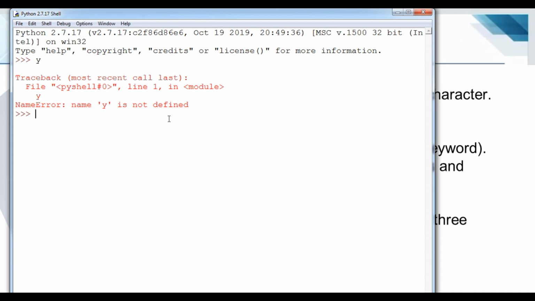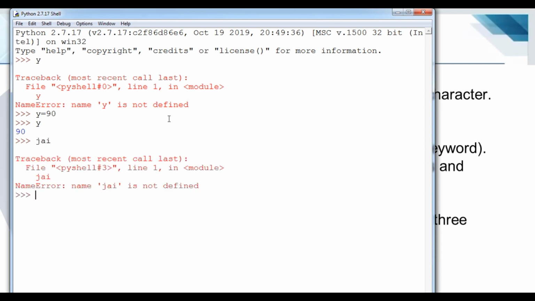So how to define a variable? While you are defining a variable, along with that you have to put some value, that may be a number or whatever. That means define, and after that you can print it. Suppose I am going to print a variable j, it will be an error because j is not defined.